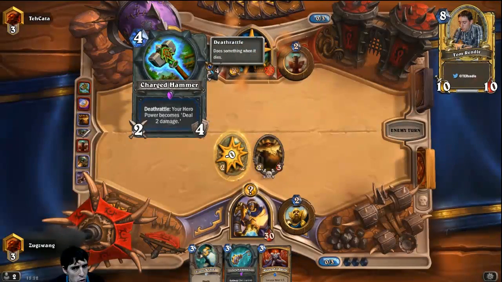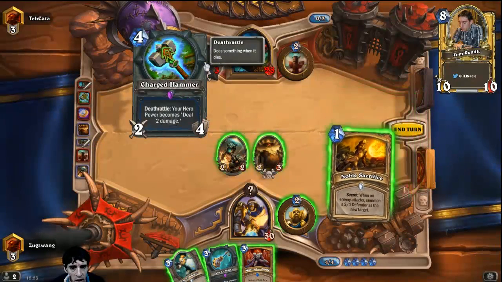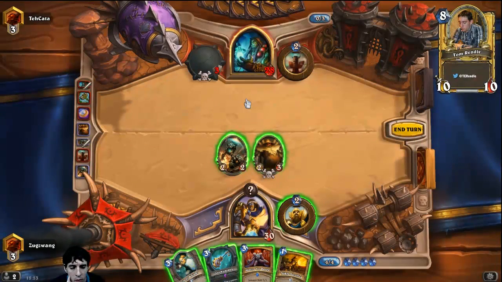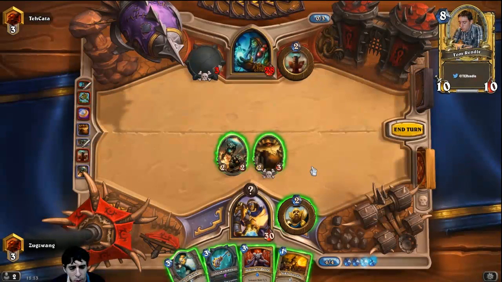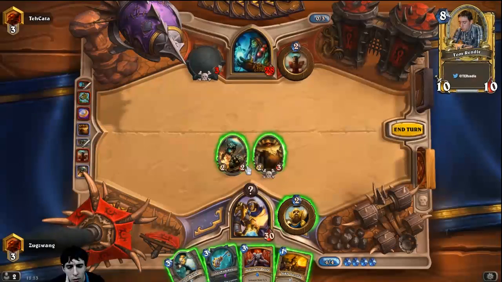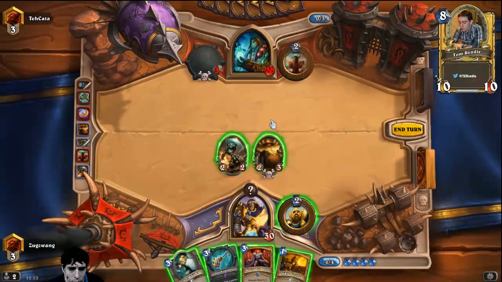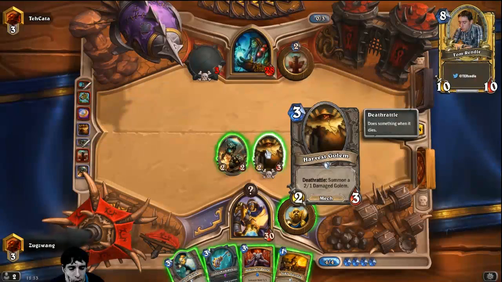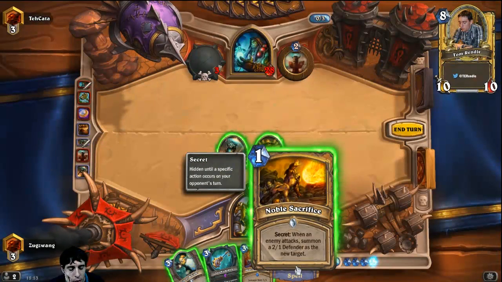Okay, so this is not a totem deck. Interesting. Right, I was thinking of playing the Noble Sacrifice, but that's not really the card that I want. I think he's going to take a lot of damage. No wonder. Then again, is it just too strong for me to want to...